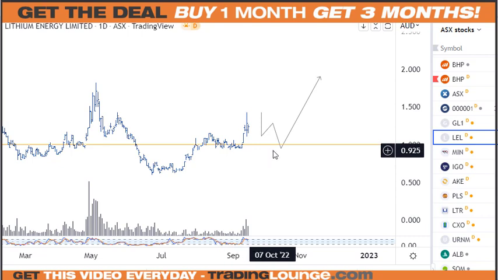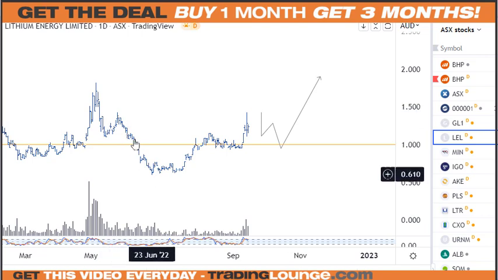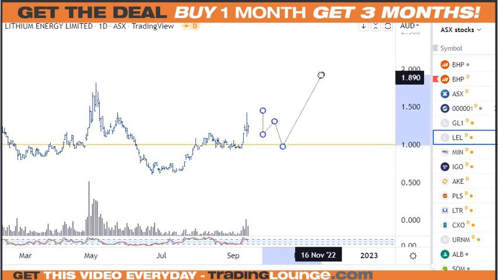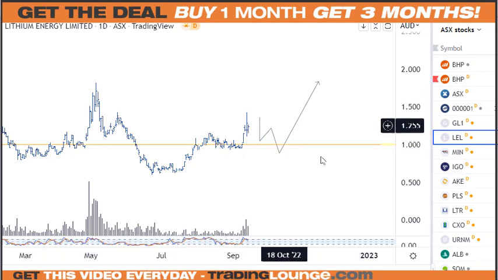All good. This looks like it's in 3 waves here. Looks like a 1, 2, 3, 4, 5. So the fact that this is in 3 waves here, that means eventually we should take out the top. So this coming back to $1 should go to $2. So I think this is a fast trade for the